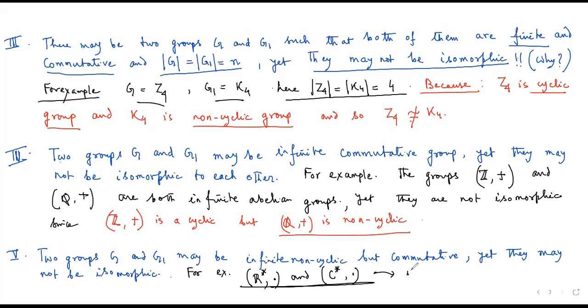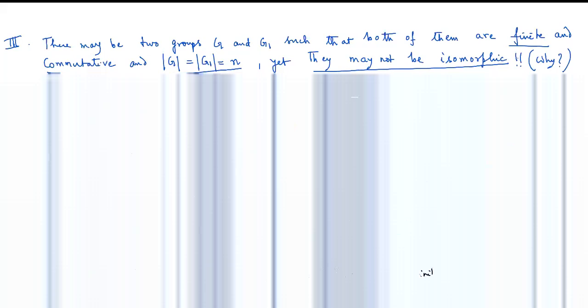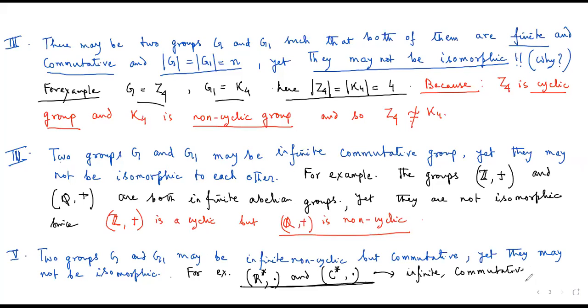They are both infinite, they are both commutative, they are both non-cyclic, but yet after all these similar characteristics between them, R star is not isomorphic to C star